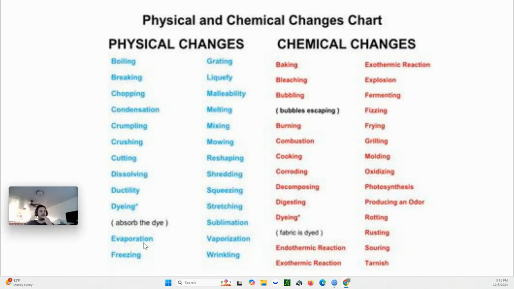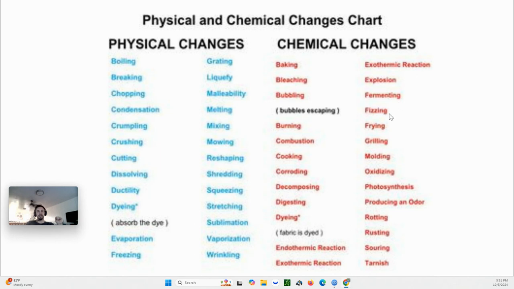Definitely hard. Evaporation, freezing, grating, liquefy, malleability, melting, mixing, mowing, like cutting the grass, reshaping, shredding, squeezing, stretching, sublimation. Sublimation is going directly from a solid to a gas. That's what CO2 does. If anyone's ever seen dry ice before, that's what it's doing, subliming. Vaporization, wrinkling. Okay, chemical changes, things like baking, bleaching, bubbling, burning, combusting, cooking, corroding, decomposing, digesting, endothermic reaction, exothermic reaction,